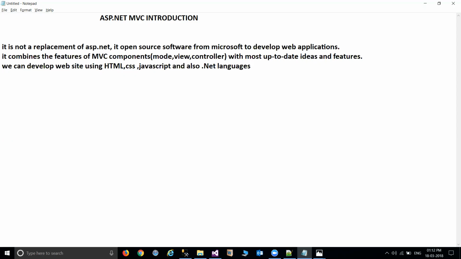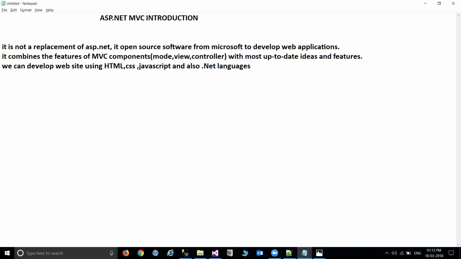We already have .NET languages: VB.NET, C#.NET, J#.NET, VC++.NET. So we can use any language to develop websites with the MVC architecture. Simply, I can say it is a boost for the developers to develop web applications with up-to-date ideas. It's not a replacement of ASP.NET.